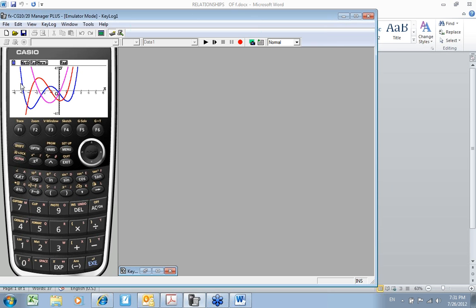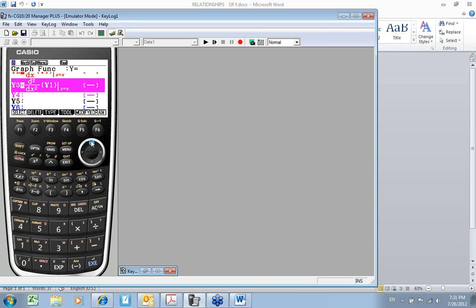We'd want to talk about concavity, where I'm concave up. What's my second derivative doing? It's positive, so it means it's above the x-axis. You could also turn off any of those functions you want to. You can go back to this screen and you can turn them off. Like say I don't want to see the first derivative.